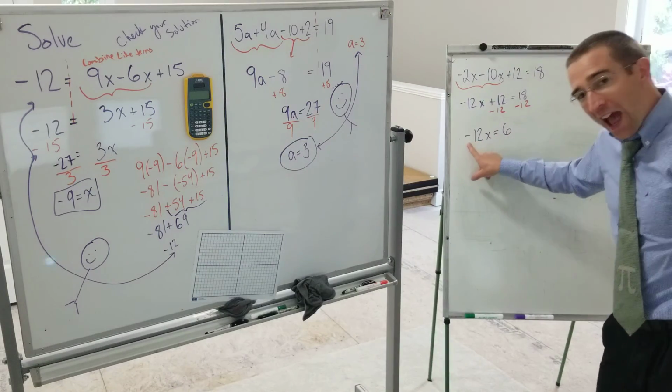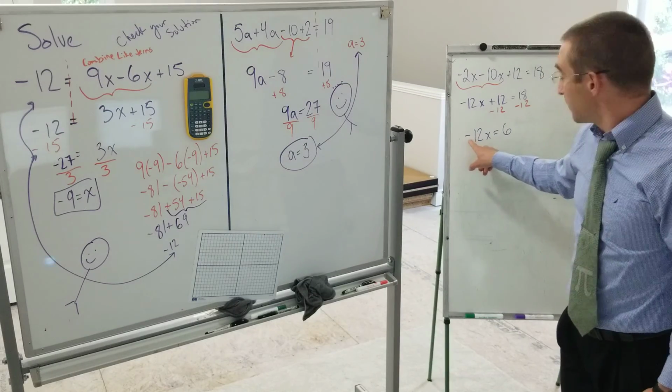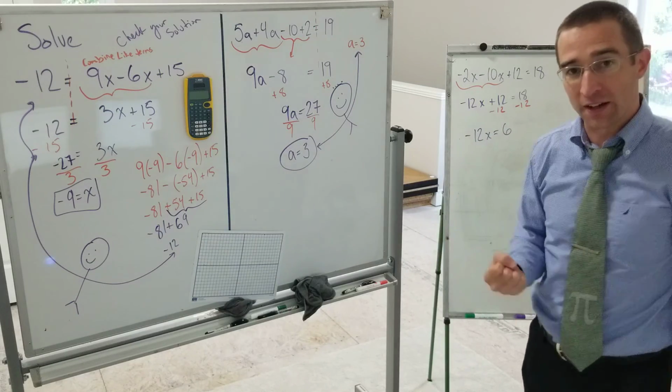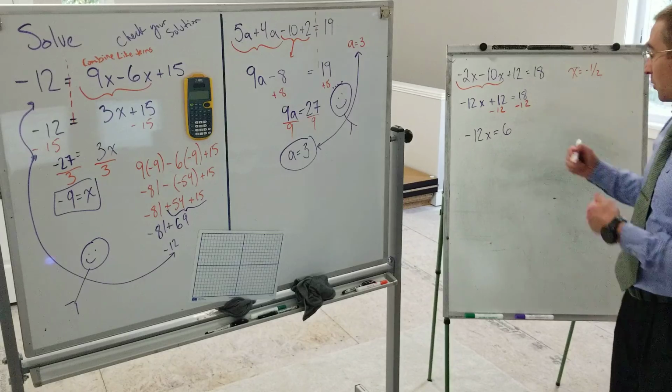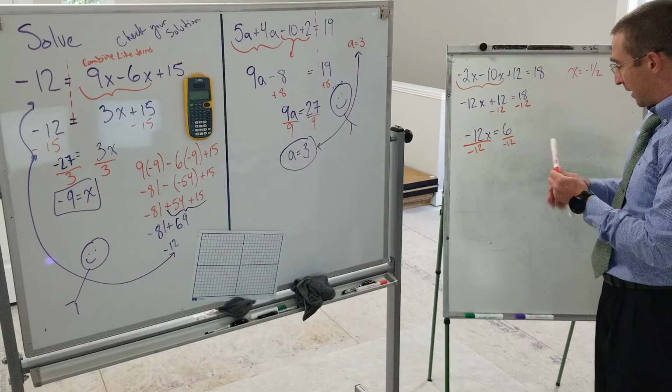Resist the urge to add 12 to both sides. This is a negative, not a minus. So it's saying negative 12 times x. So the action happening on x is multiplication. So what we need to do is the opposite, which is division. So we're going to divide by negative 12 to get x equals,